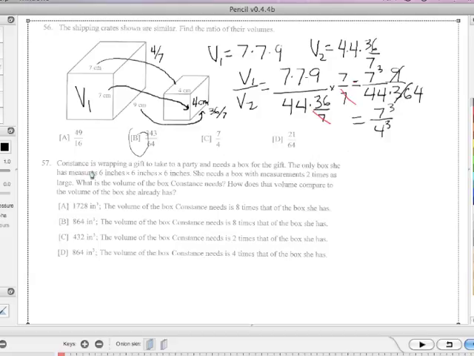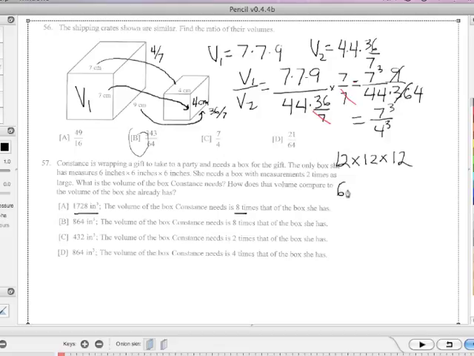Okay. So it's got to be twice as much. So it's got to be, instead of 6 times 6 times 6, we have to do 12 times 12 times 12. And that's 1,728 inches cubed. And it's going to be 8 times as large, because